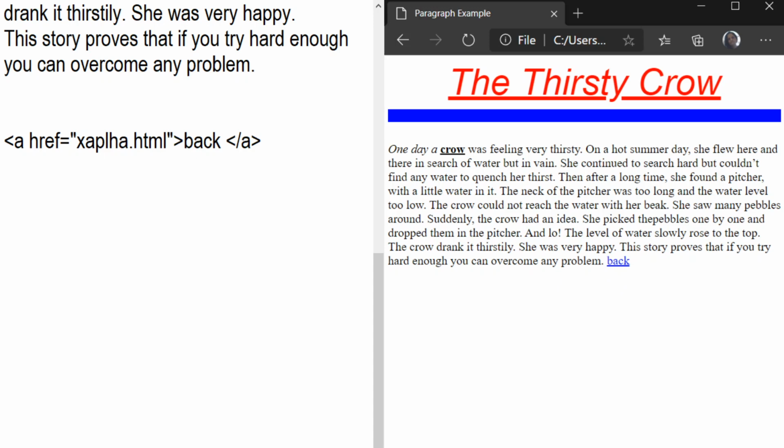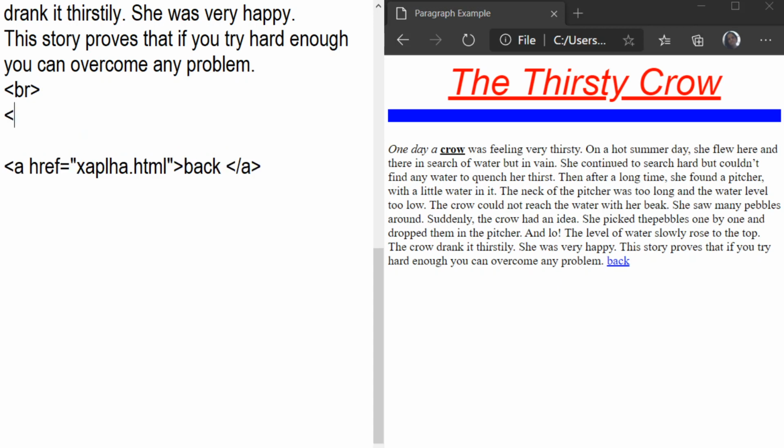Here we give one space so you can see it clearly. We can give two spaces rather than this. Again you can save this file and refresh in the web browser. Now you can see this back, this back is your hyperlink, and now we created the hyperlink with 10th alpha.